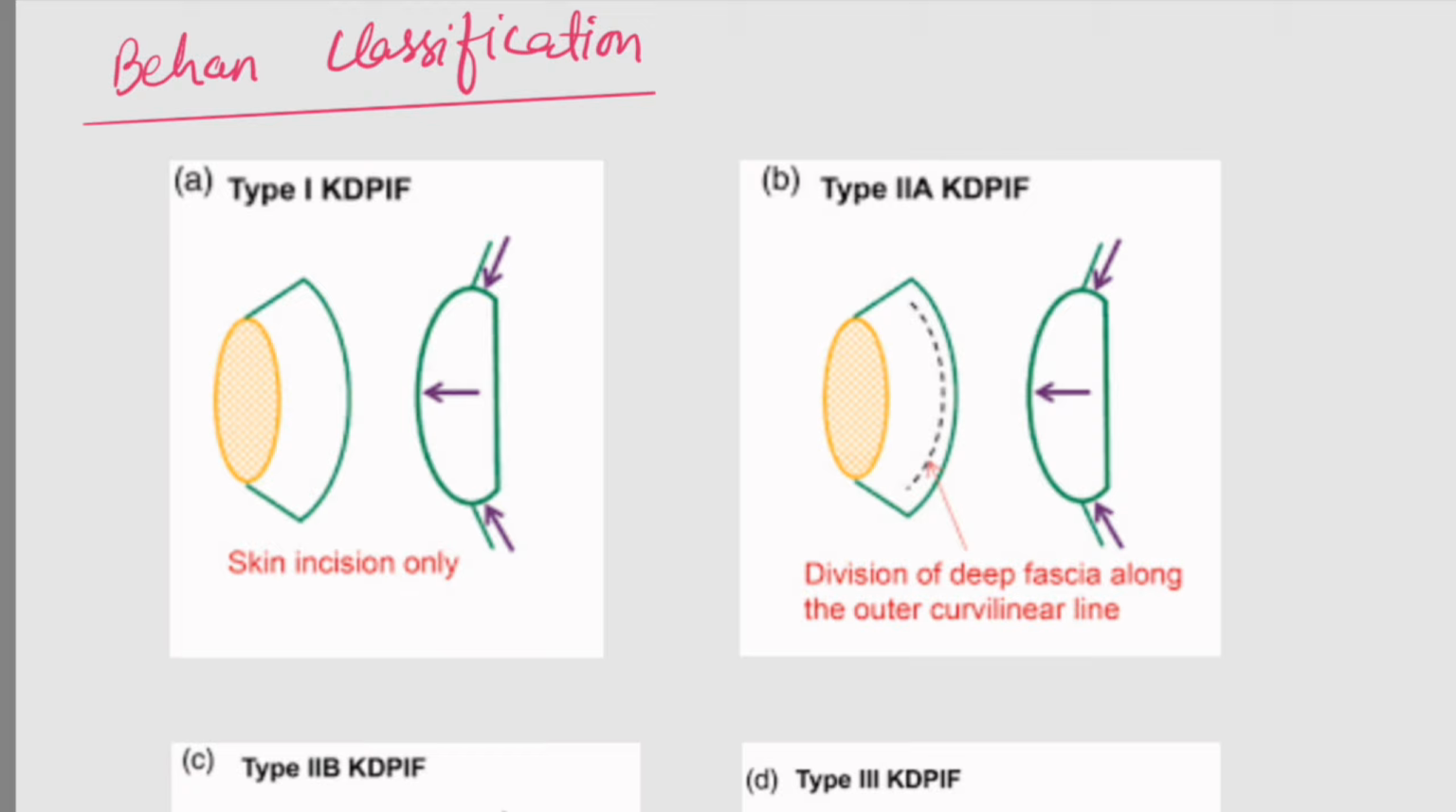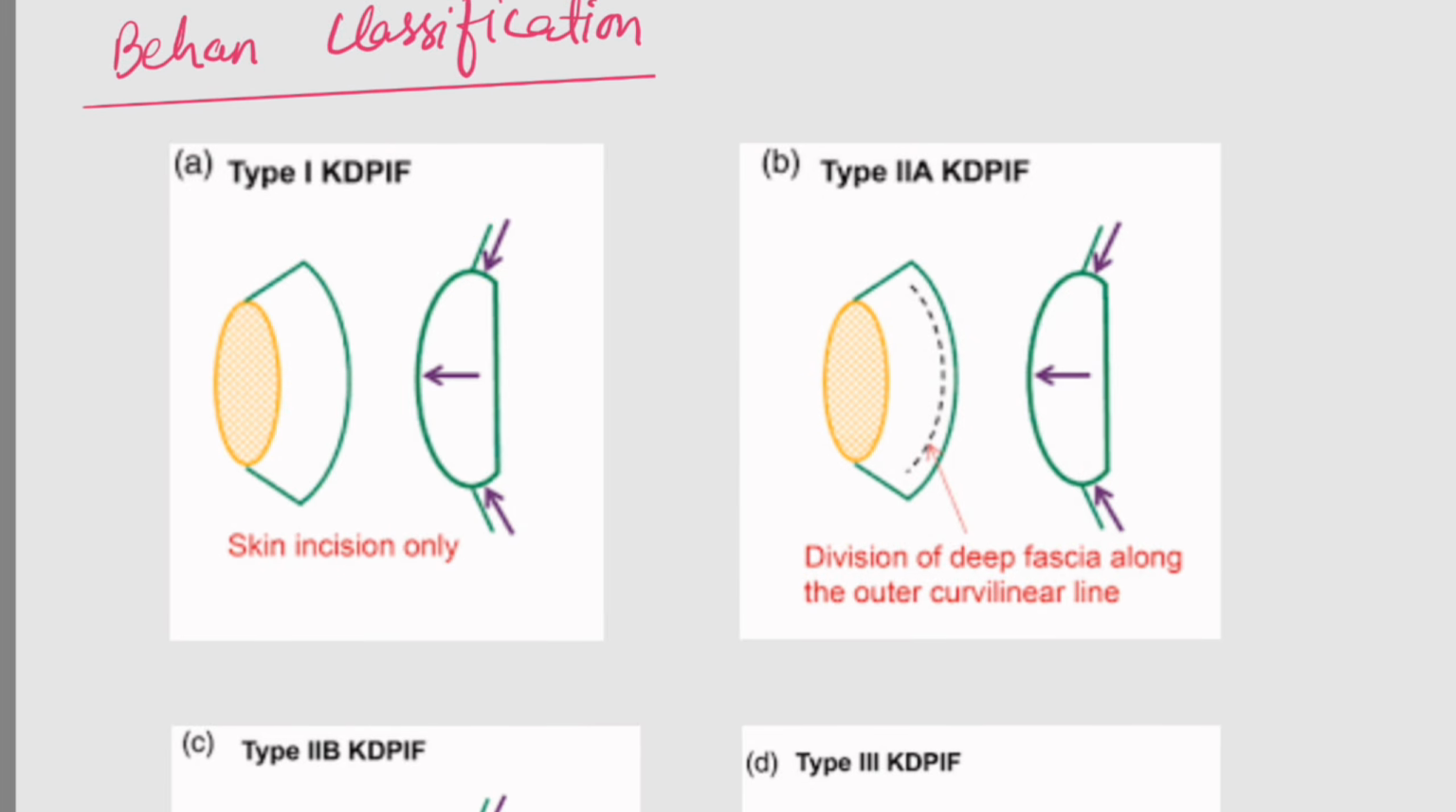Now let's discuss the classical Behan classification. The first, type 1, is where there is skin incision only. Deep fascia remains intact. This is used only in case the defect is very small and there is very good tissue laxity. In type 2A